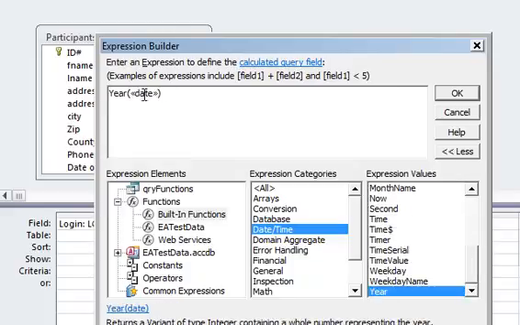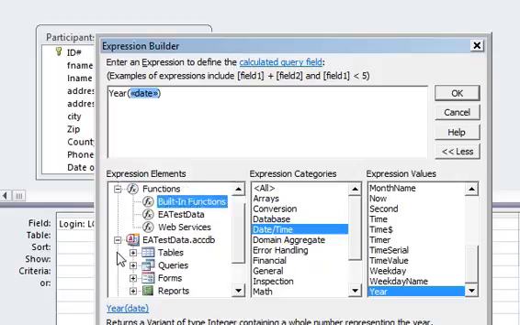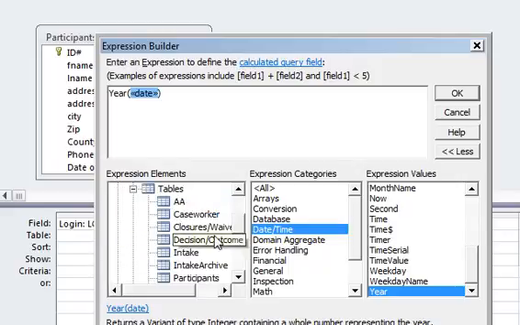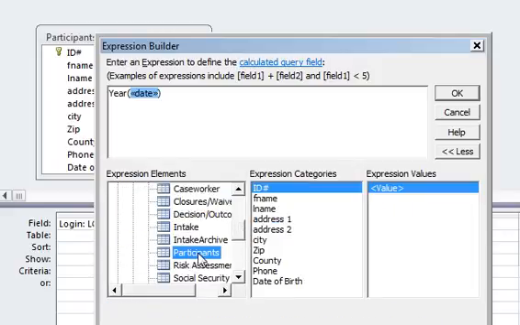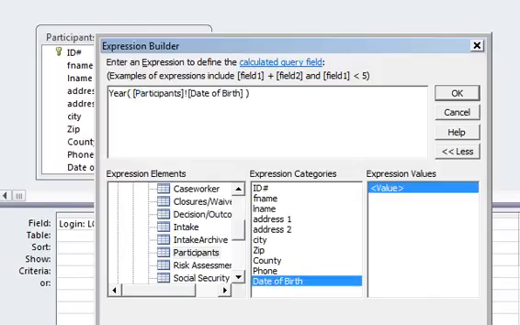The year requires a date argument. And do I have a date argument? Yeah, I have a date argument in the participants table. See how you navigate through it? And then you'll see the date of birth right here. Okay,